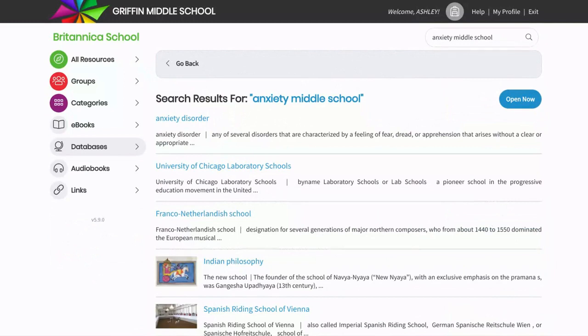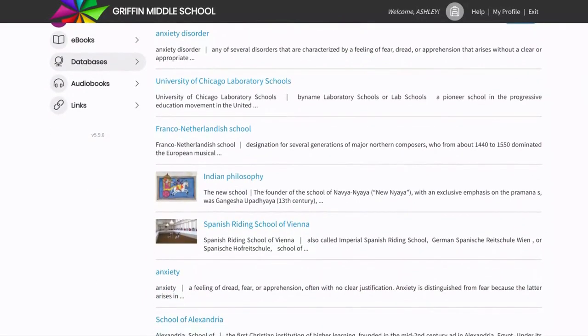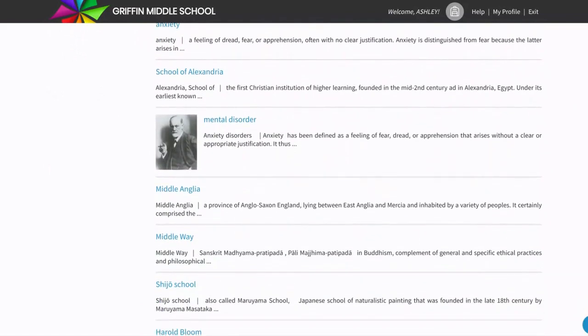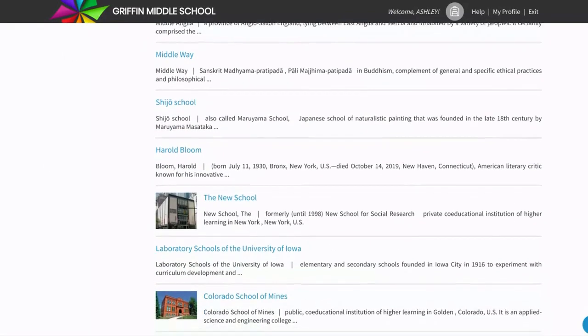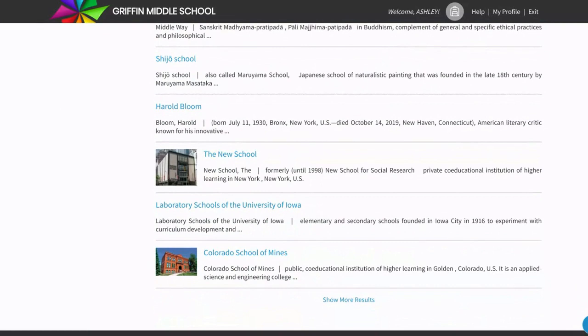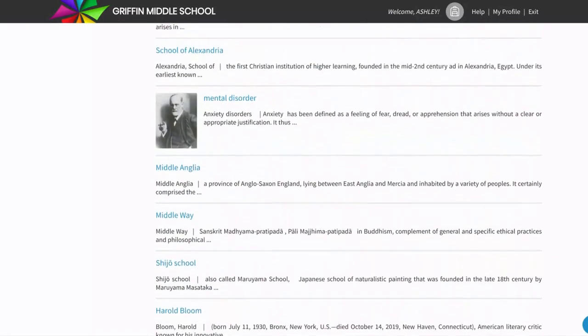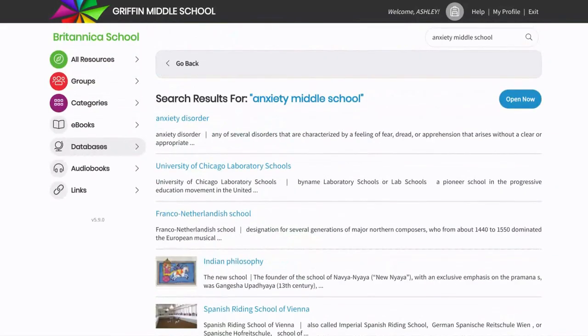And since Britannica is an encyclopedia, it's going to have certain topics, and then it's going to give some basic information. So I could even click show more results, because remember there were 17,000, and it would open up a new screen that has additional results on it. I'm going to go back to the top. And if I want to look in an article, I would just click on it and it would open up a new window with the article. I'm going to go back